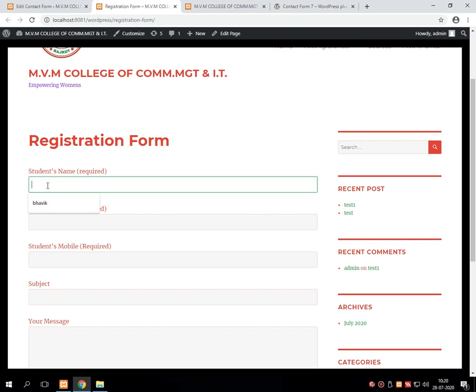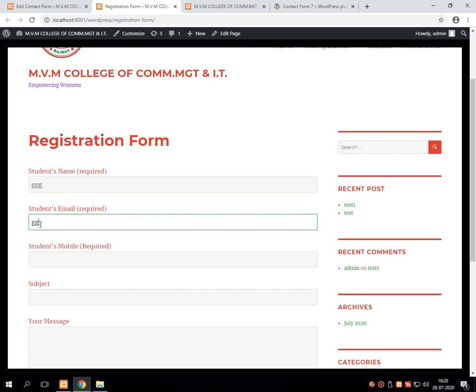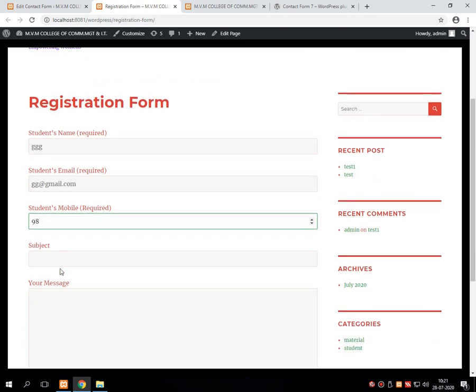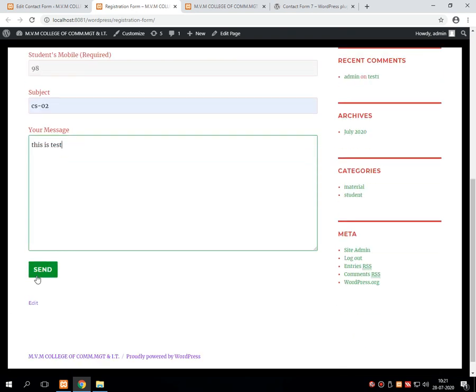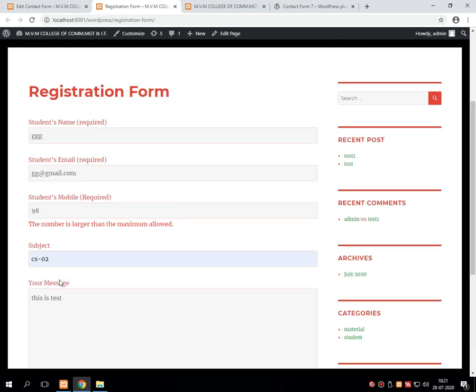Suppose I am entering some content like this one. Suppose here I have entered 2 digits only, then some message, and I am pressing the button.